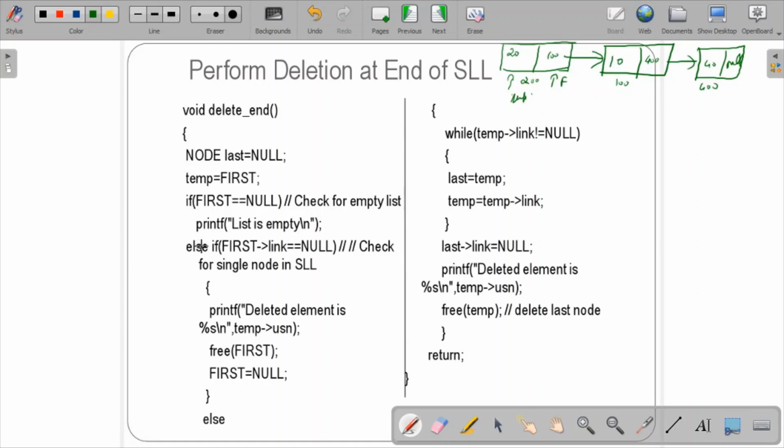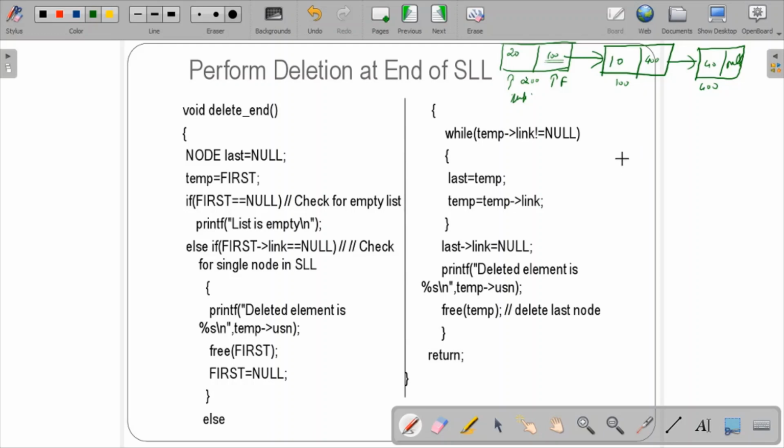Else if part it will come. Else if first link is equal to null, you'll check whether your first link is equal to null. No, it is not equal to null.